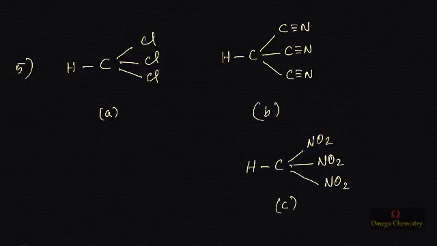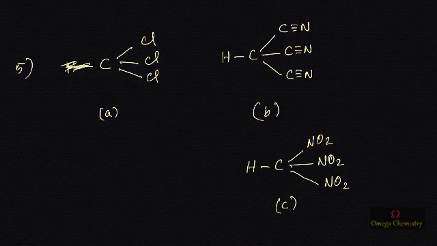Okay, now let us understand the relative stability of these three species, which is very interesting, right? So we are going to compare the intermediate that is going to be generated in all these three species, and we are going to understand the acidic strength based on their relative stability. Okay, so hypothetically I am going to consider that this hydrogen is going to be released as H plus, so